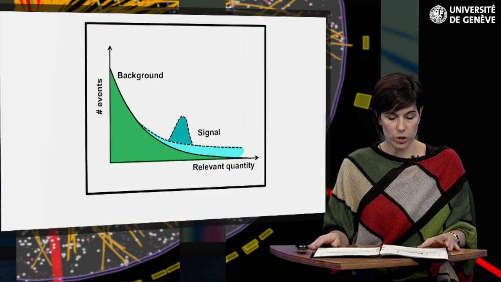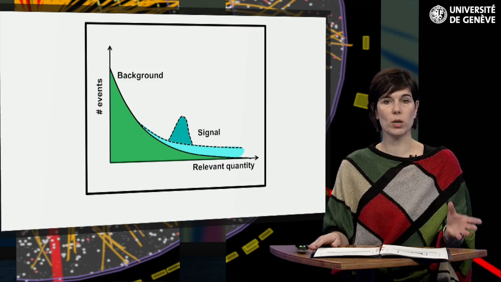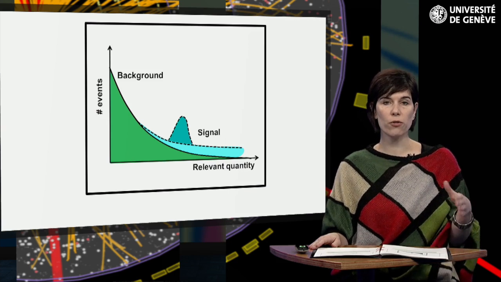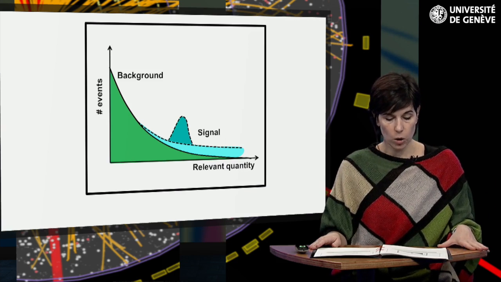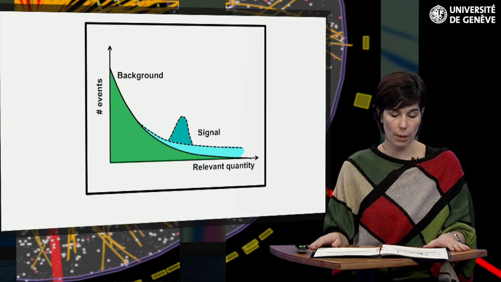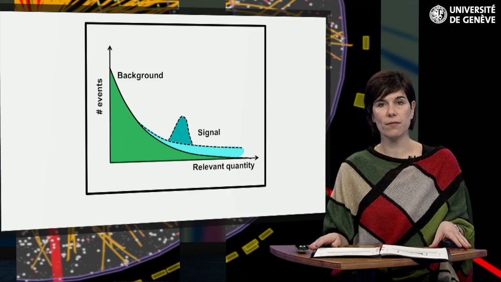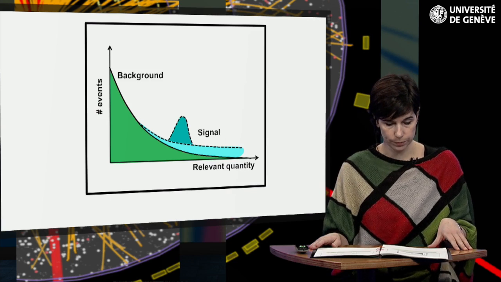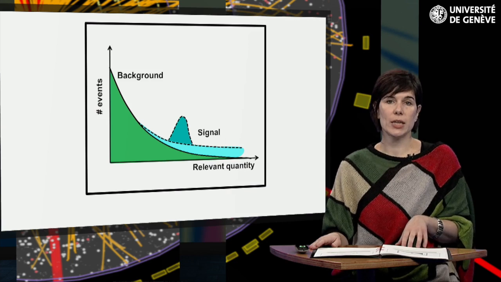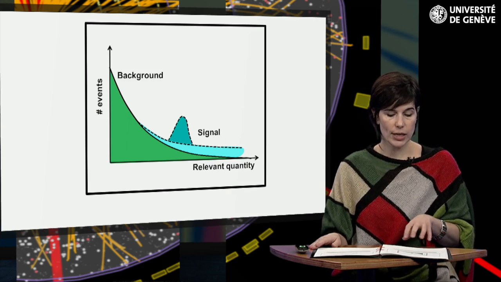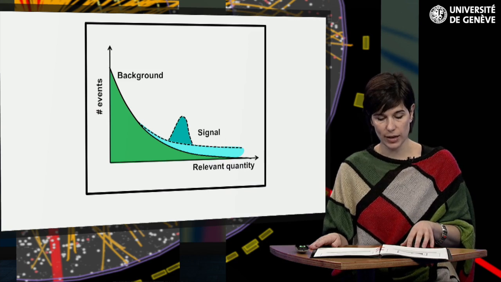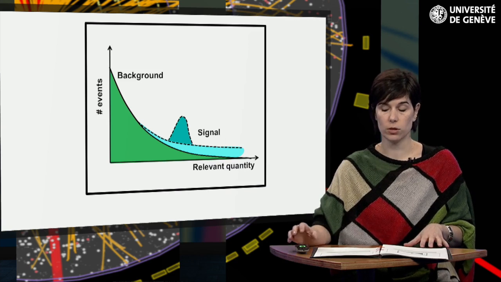We are typically searching for new physics by looking for bumps on a steeply falling spectrum or looking for enhanced tails in the distribution of a relevant quantity. We already talked in the previous video about bump searches using the heavy Z boson as an example. While this type of search is very intuitive and convincing in case of a positive result, such bumps are not easy to identify in the case of supersymmetric particles.